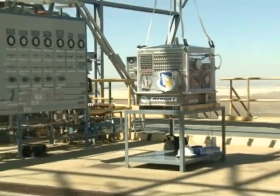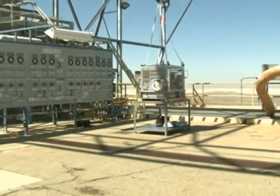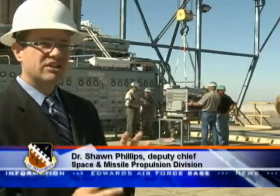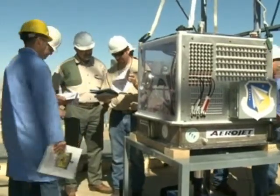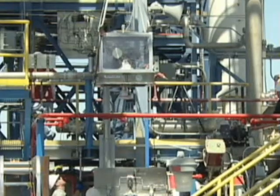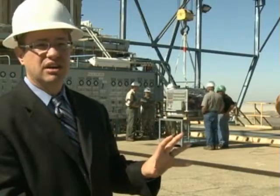According to the Deputy Chief for the Space and Missile Propulsion Division, Dr. Sean Phillips, though small in size, the new turbopump can handle the job. It looks pretty small, but actually it's about 4,000 horsepower. And so this is actually a key component and probably one of the most technically challenging components within a liquid rocket engine. This one would be typical of what you would see on an upper stage engine that would launch